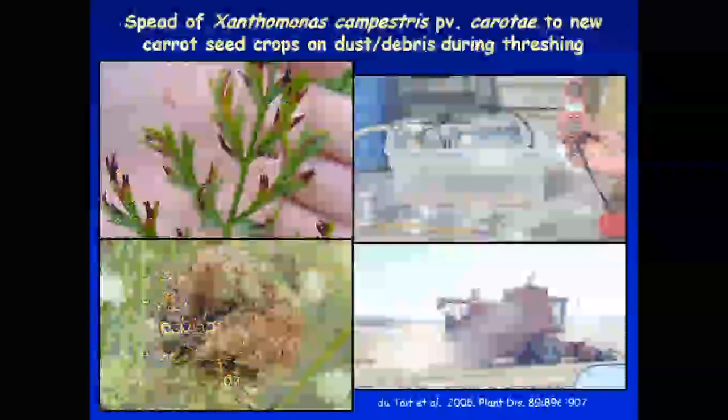Now, what happens with crops that are planted downwind of that combine for next year? And they're combining in September in Central Oregon. And we know now that this is one of the ways that Xanthomonas has become endemic in our carrot seed production region, because of this aerosolized residue that's being blown over to next year's fields, which are under sprinkler irrigation.